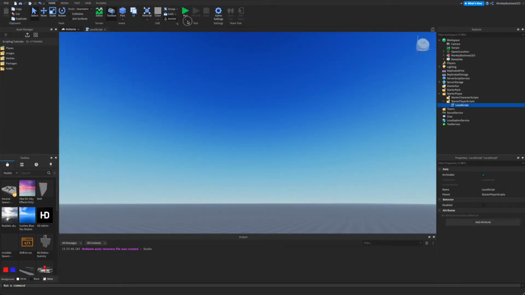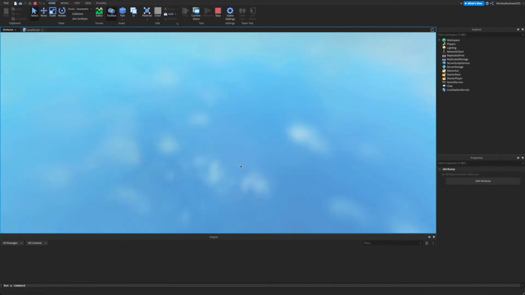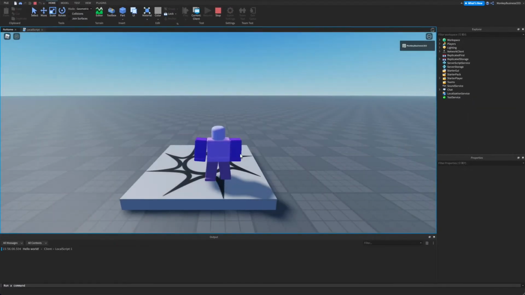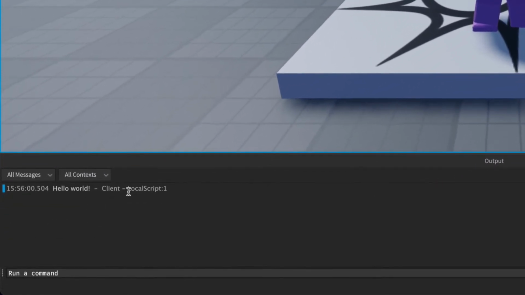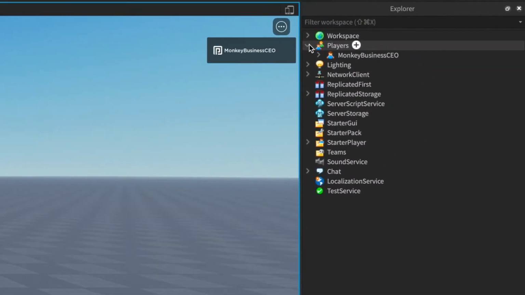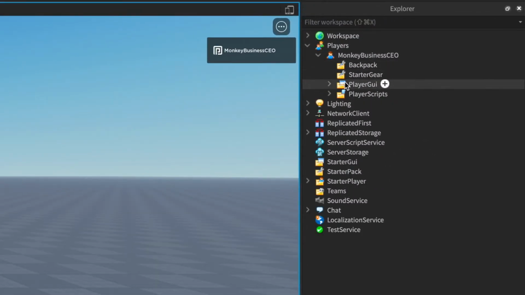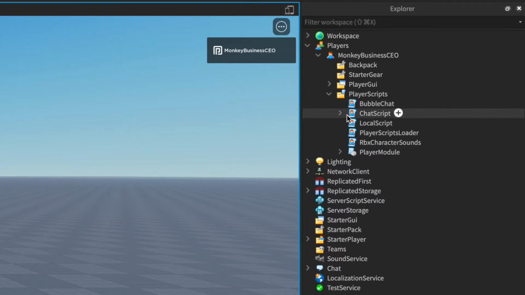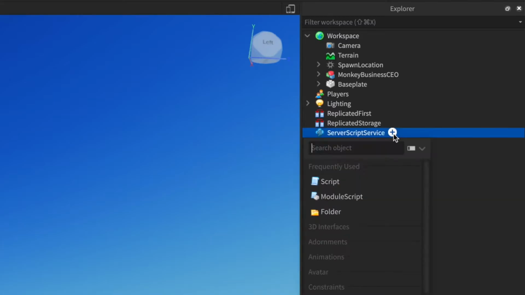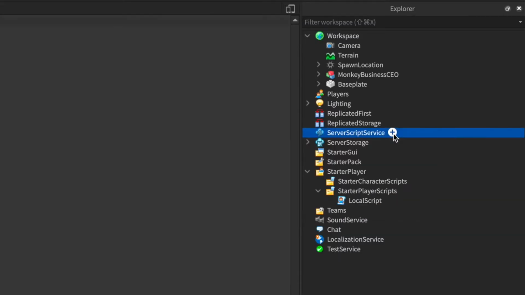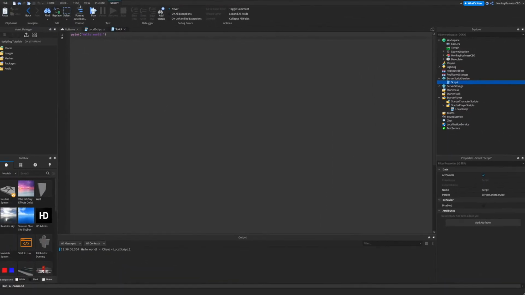So I need to actually let my character play, and as you can see, it has printed hello world because the script is inside the player. So this is me, and then my script is over here. This is my script. These are other default scripts by Roblox. You don't need to worry about those. So you just close that, and now if I put a normal script inside here and I just run it,